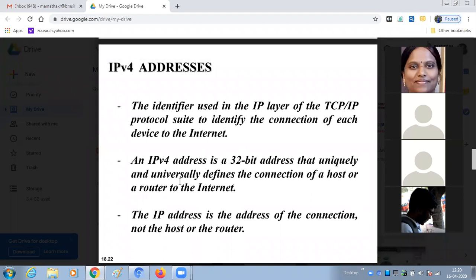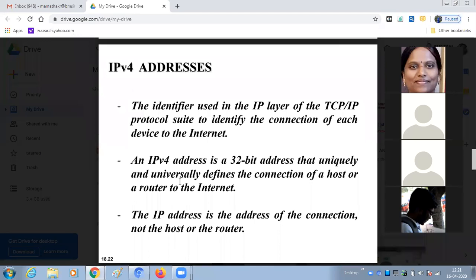You know already, your IP address is unique. Whenever anything happens, cyber crime or anything, they can make out with the IP address because it is unique in the whole world. They can make out which system they are operating with the IP address.